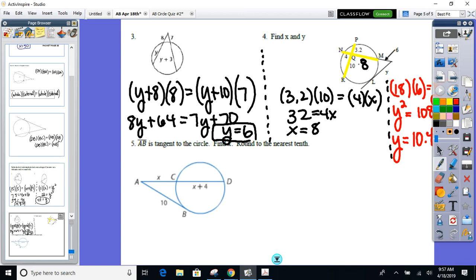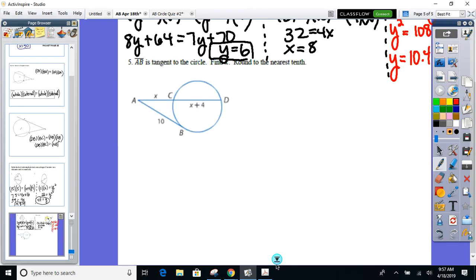Anything you want to ask? Because I'm going to give you a minute to yourself before we go to number 5, because I don't think you realize what's coming at you here in a second. Looks like an easy diagram. I'll have to do whole times external, but